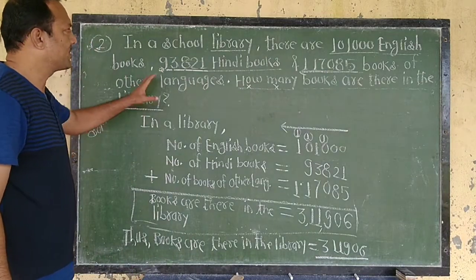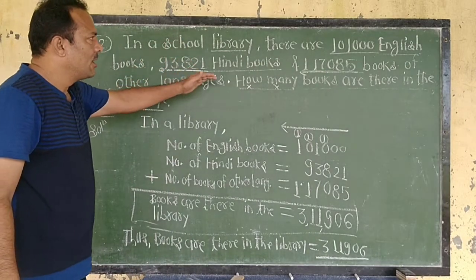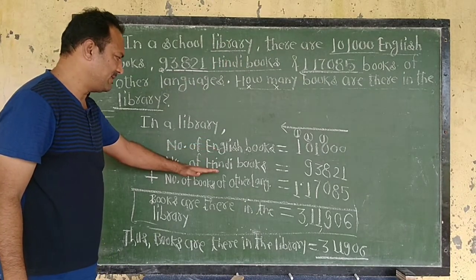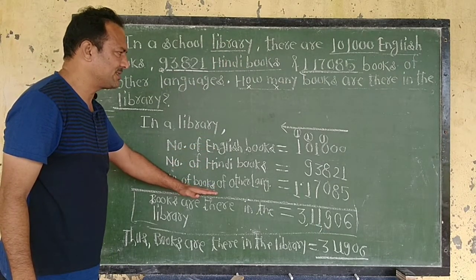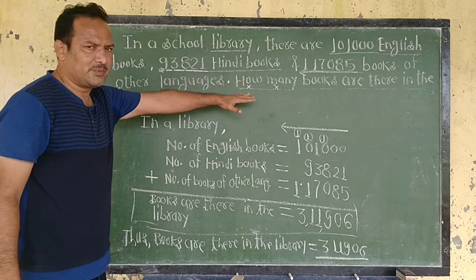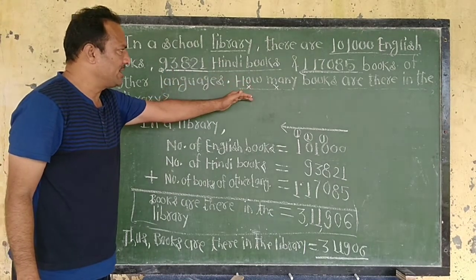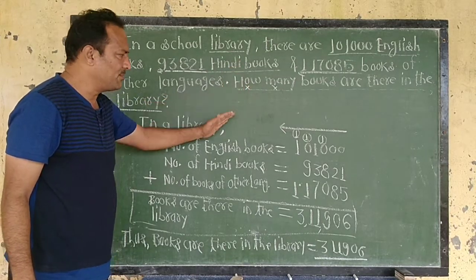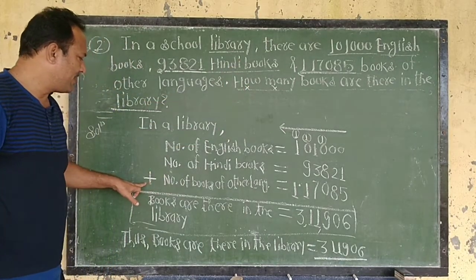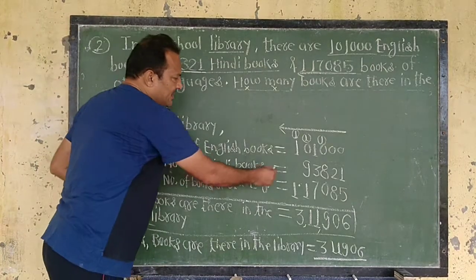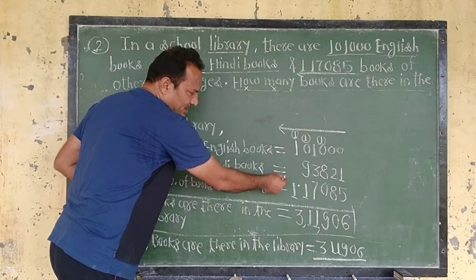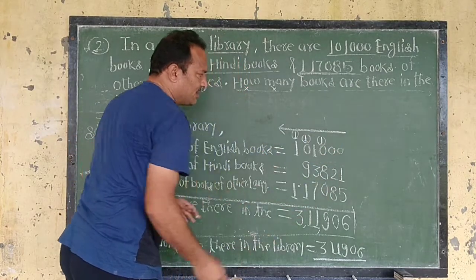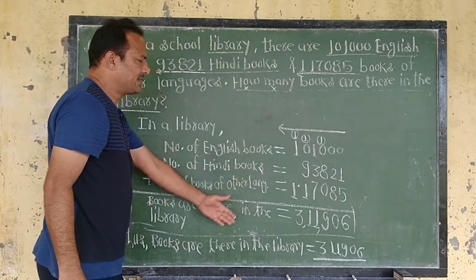Then what you have to do, read the example carefully. Whatever things are given, you have to write properly. Here English books given, Hindi books given, and books of other languages given. After that find out the keywords. If keywords are not given, then find whether the numbers are increasing or not. If numbers are increasing, then you have to apply the plus sign. Write all the is equal to exactly below the is equal to, all the ones digit, tens digit as we cleared before. Like that you have to solve.